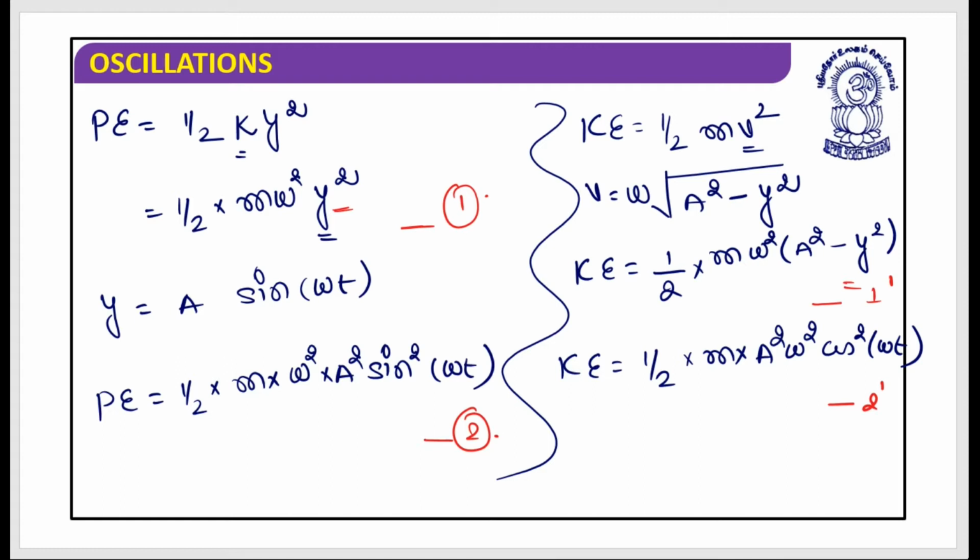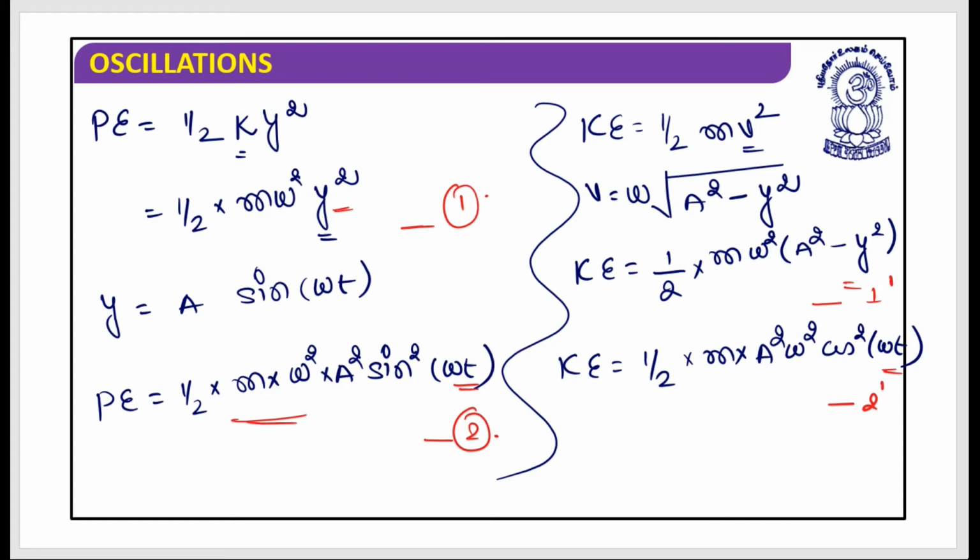But let's say the question asks you to find the potential energy at t equal to so many seconds, or at t equal to 2 seconds, 3 seconds, then you need to take help from this, because this is the relation based on time. I hope this is clear. Do you understand this? Have you got this? We have both the relations. You can choose wisely so that we get the correct answer.